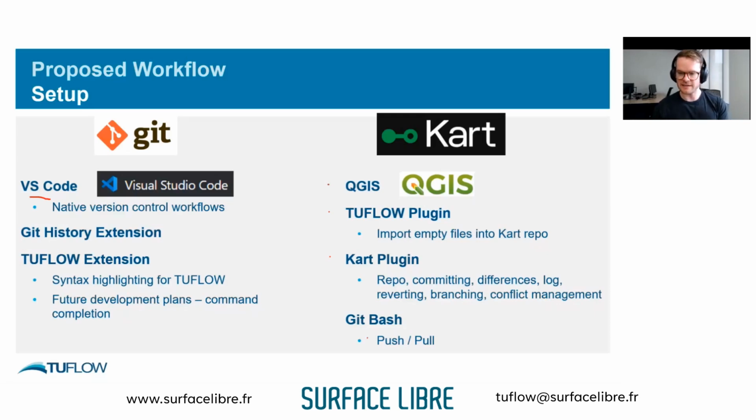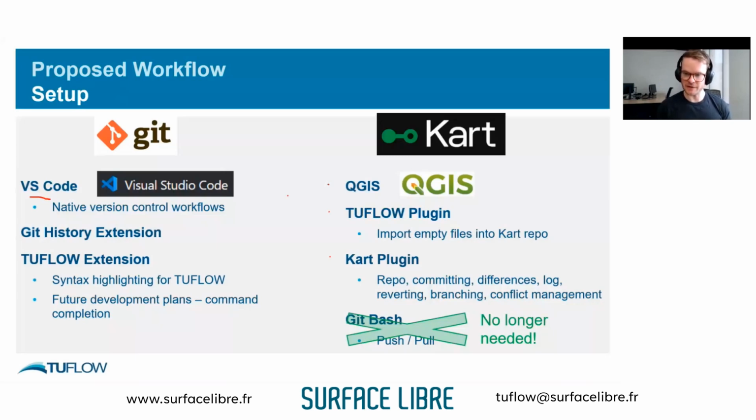This time last year, I said you had to use Git Bash, or Git Bash for Windows, technically it's called. That's no longer the case. You don't actually need that anymore, which is great news, which was a bit of a thorn in the side of this workflow where you had to jump outside of QGIS to do some pushing and pulling. I was testing this last night and a few days leading up to this webinar, and it can be completely done now. Pushing and pulling can be done in Kart for things like using cloud services like GitLab and GitHub. Really nice. So I would say nothing's changed other than some of the workflow has been enhanced.